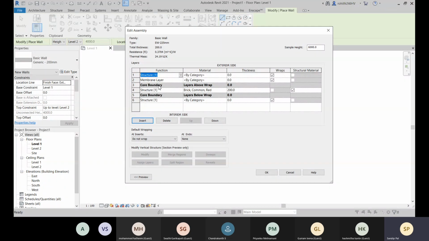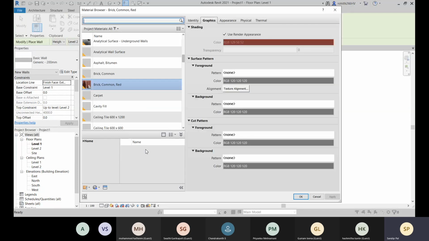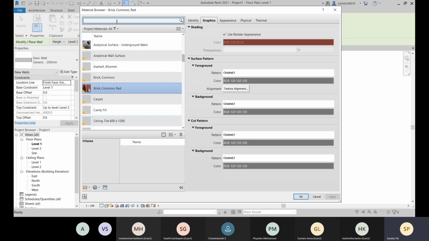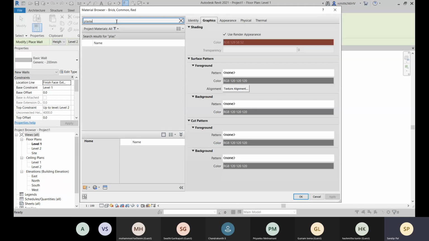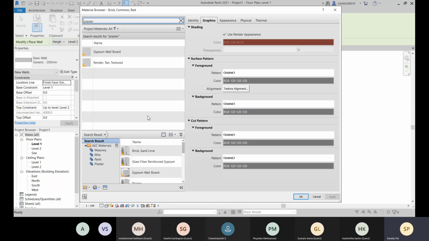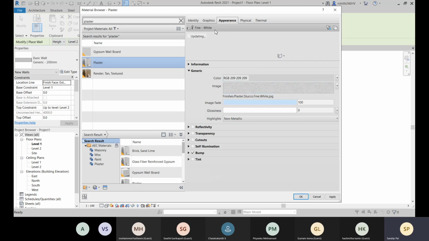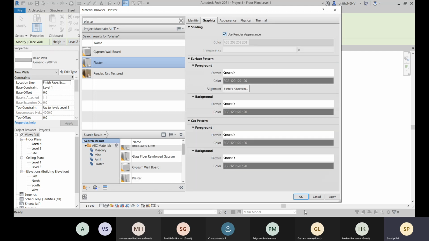Here let's add substrate, and here also substrate, and this one you can define as a plaster. Now let me add it here. Let's go with that and click apply and okay.